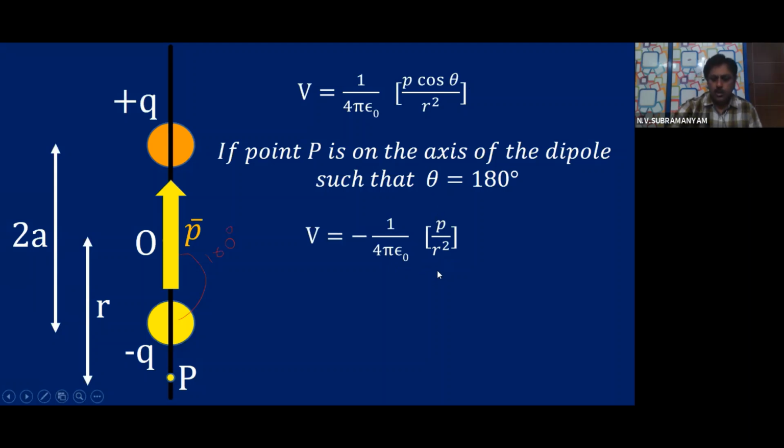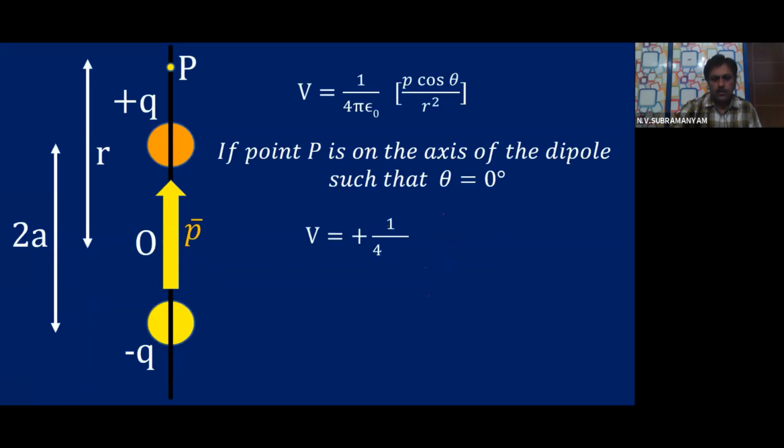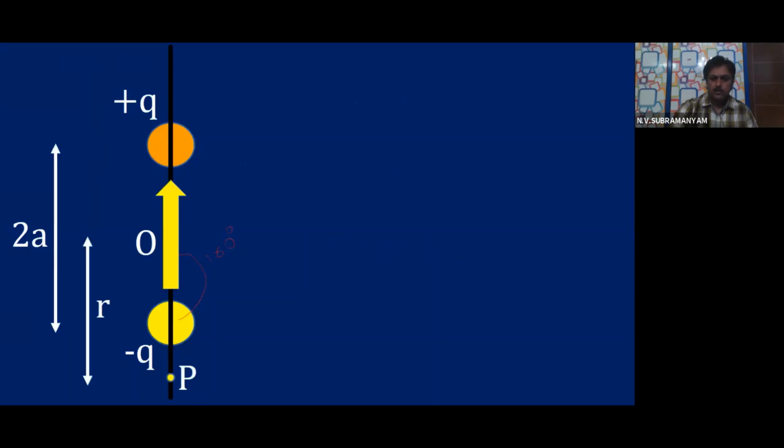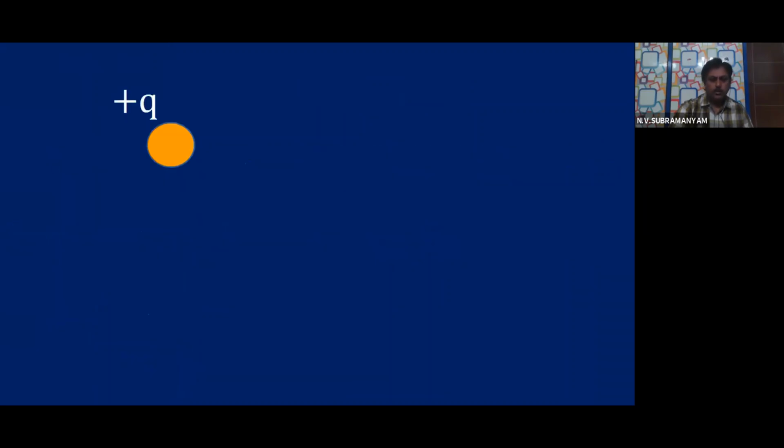So I suppose you are able to relate to both the values. If you see carefully, this is the value compared with the earlier case where P is closer to the plus Q. There, positive potential is more and negative potential is less, so point P will definitely have positive potential only. Whereas here it is negative potential, because the point is closer to the negative charge. When P is closer to the negative charge, the final potential will be negative only. It is far away from the positive charge and closer to the negative charge.